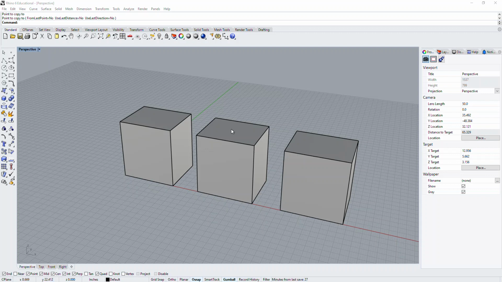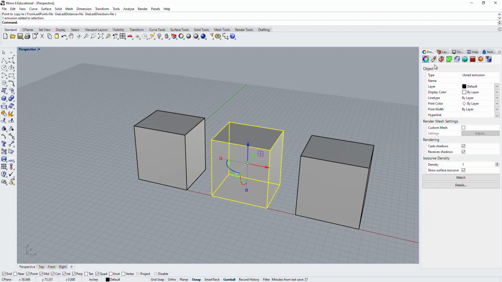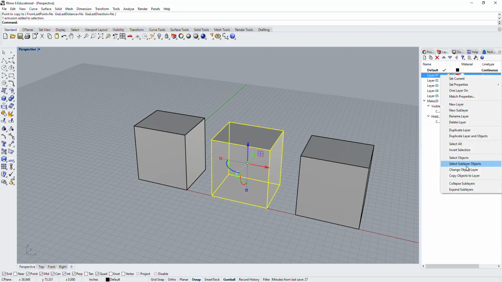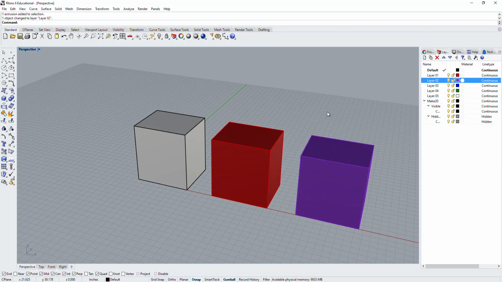Without V-Ray, we're not going to get too much into rendering, but I did have a couple of questions about how to map materials. So this, we're just going to show you how to map by layer. So if we have three objects in our scene, again, obviously this is not what your scene will look like. If we go to layer and we just go ahead and make these onto three different layers,